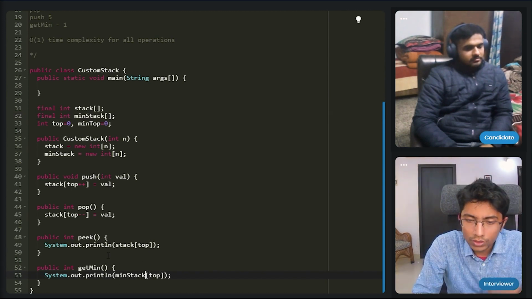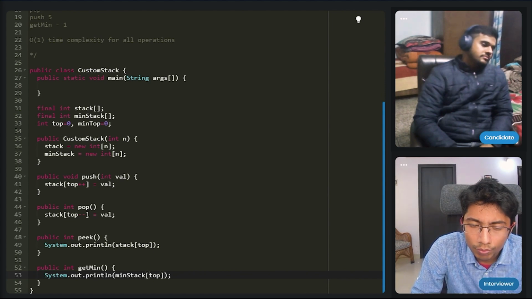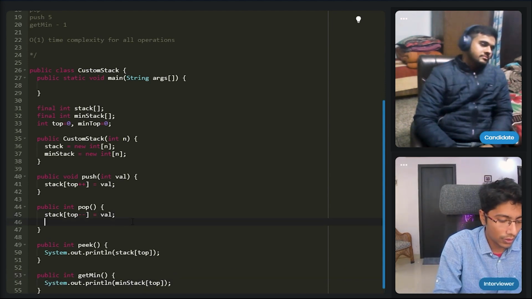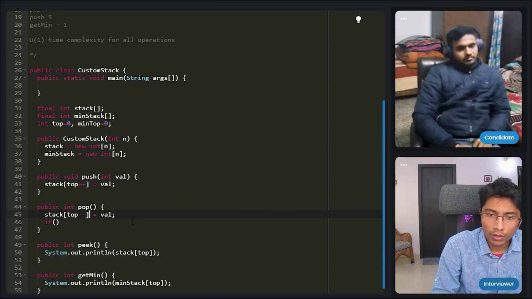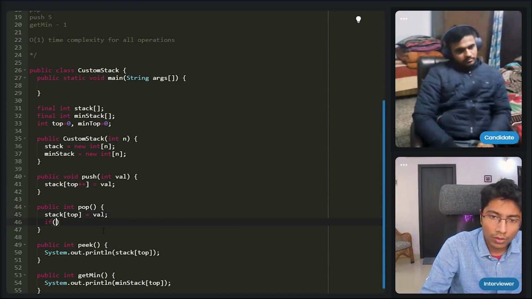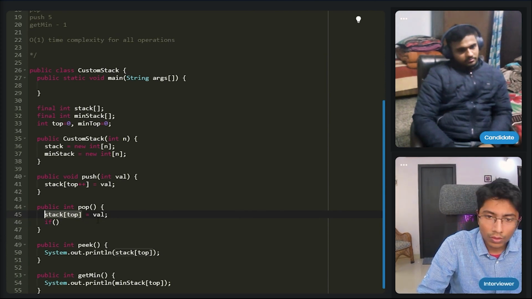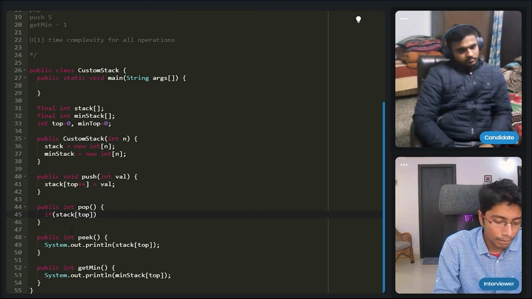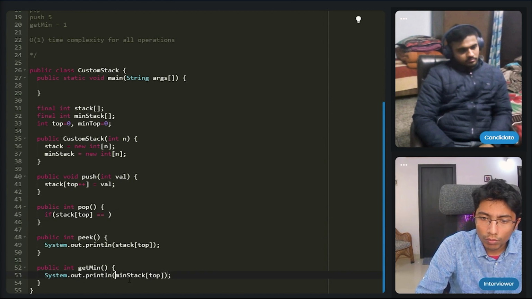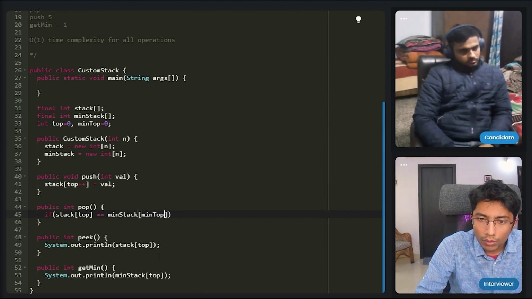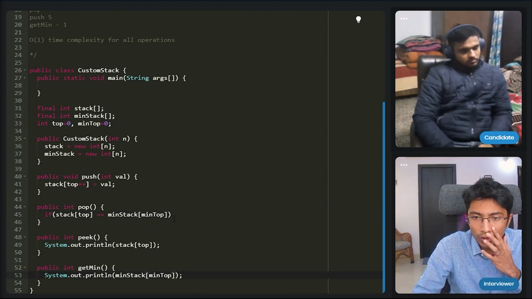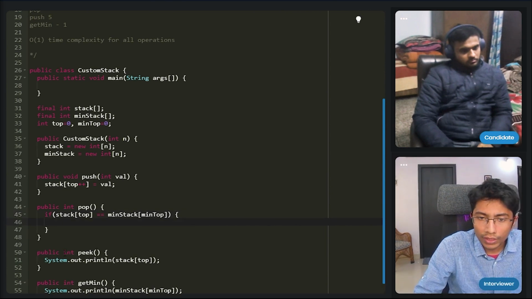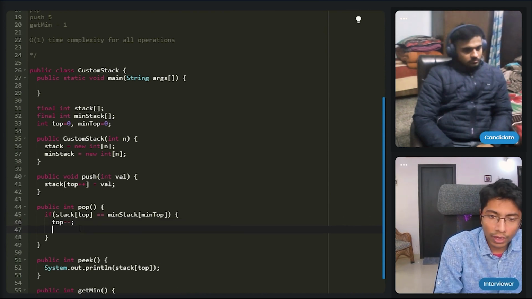Now comes the interesting bit, which is that pop does not affect the min stack unless the minimum stack top is the same, then we need to remove elements on both sides.